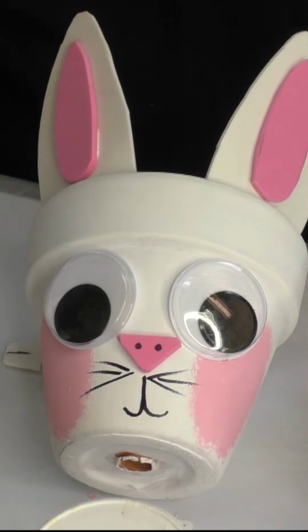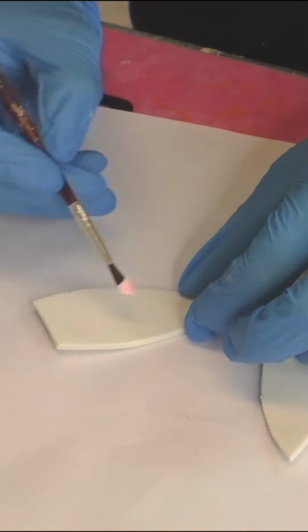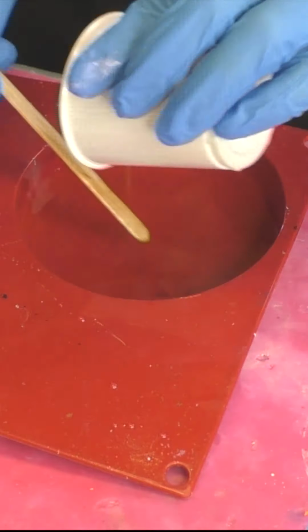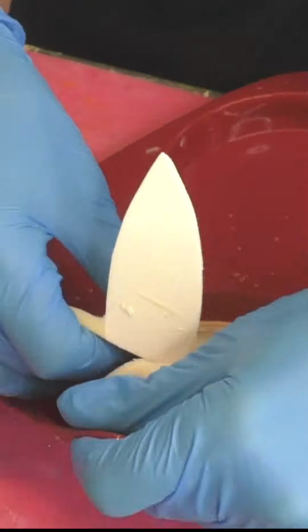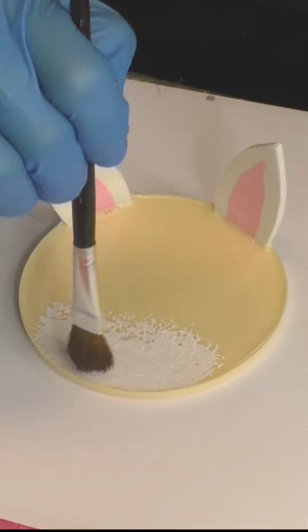Really easy. And now I have the cutest bunny pot. For this project, I cut bunny ears out of craft foam, painted the inner ears with acrylic paint, poured fast curing resin that cures white into a coaster mold, held in the bunny ears. It cured, but not quite as white as I wanted, so then I ended up painting it with some acrylic